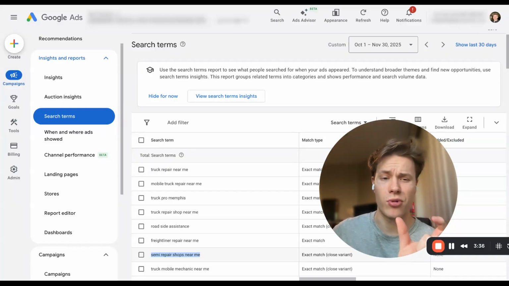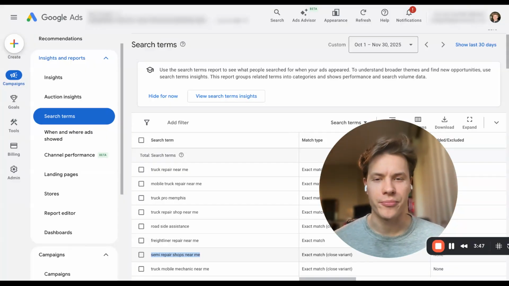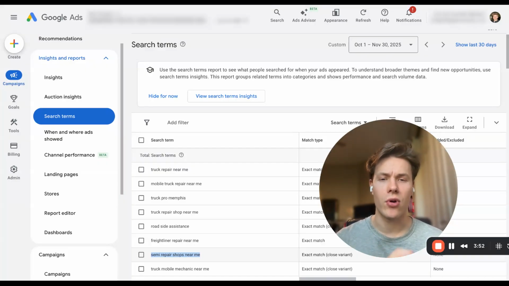Google's taking the keywords as broad match and saying, this is similar enough, we're going to show your ad for this. And they just shove it down your throat until your money gets burnt and wasted. And then you're throwing your hands up saying Google Ads is a waste of money. Don't run broad match. Stick to phrase and exact match, and you'll actually have almost instantly higher quality and relevant